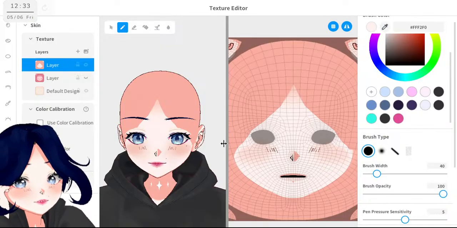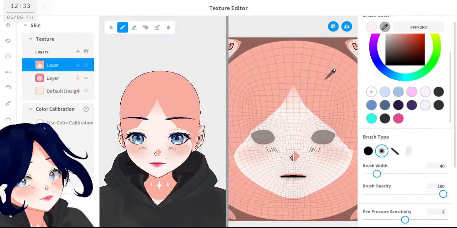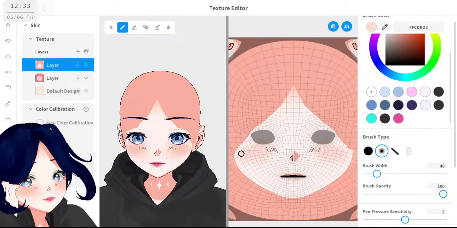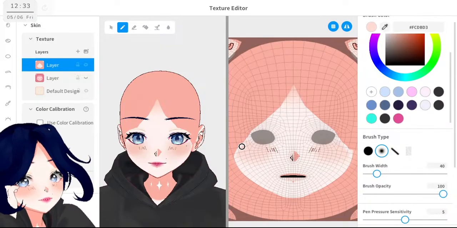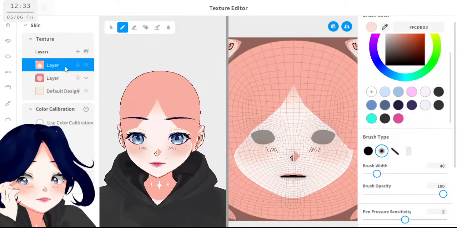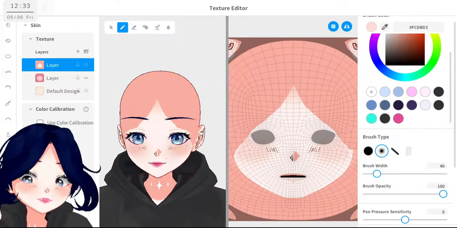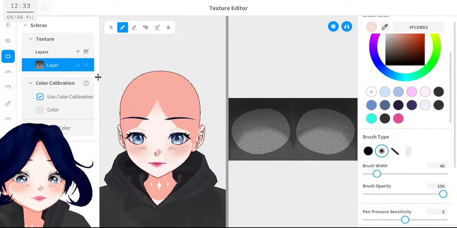No, I need to fix this part of the skin, like here. That should be good enough for now. We have the base paint and the scleras.